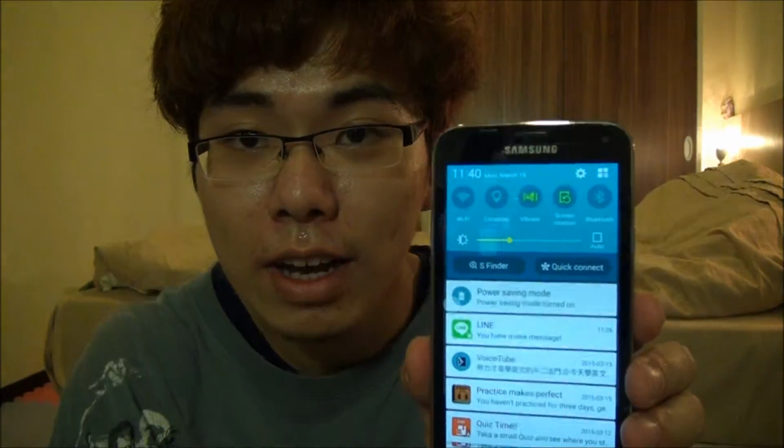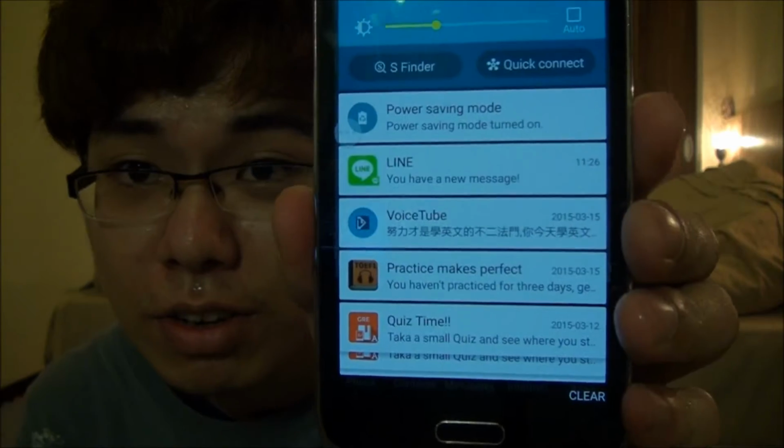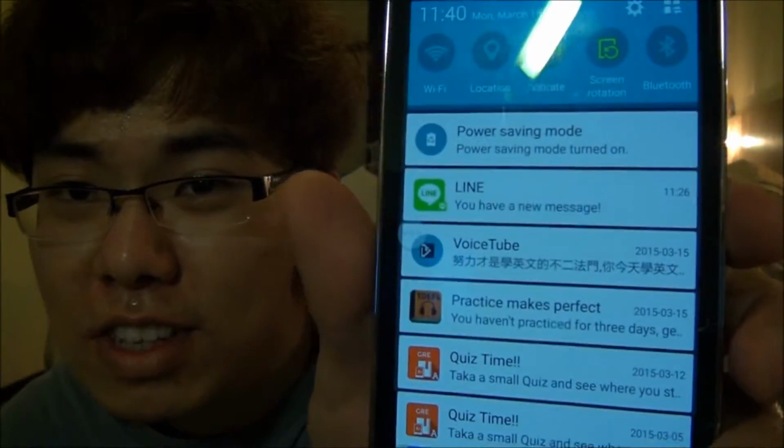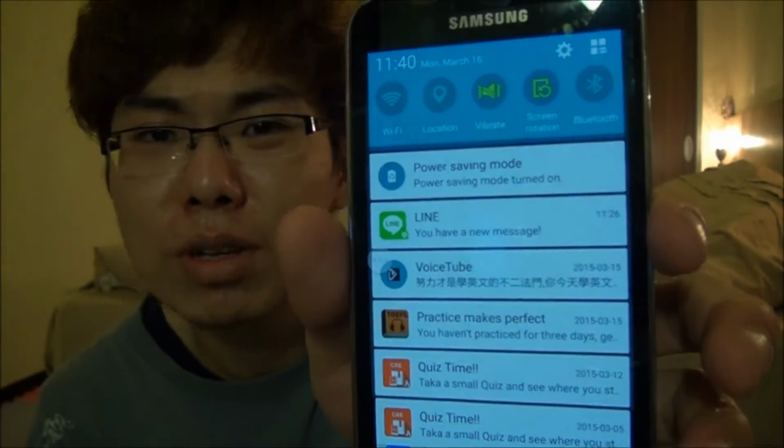But it really helped remind me there is something that I should do. I should get down to it, and I should finish it before the day ends. You know, it gives yourself a little pressure to do the things you want. And one last thing is that a lot of apps actually have the function of giving you notices. So you can see that here. Put it down, and there are a lot of notices here. Line, I got a message, but most important is other notices, such as VoiceTube